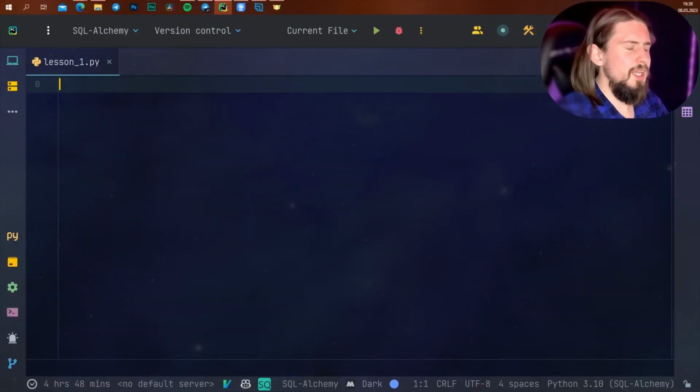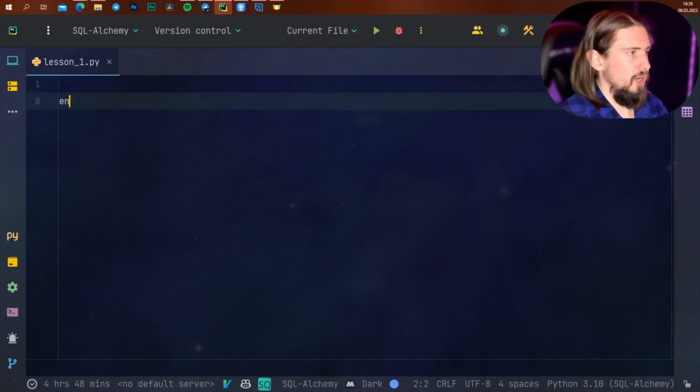So there are different ways you can connect to your database, but I'll be showing you one option of how to do that, of how I do that, and which works fine in all of my projects. So, in order to connect to our database, we will be needing a SQL Alchemy engine. It's basically an engine that will be powering our connections. So we need to create this variable engine